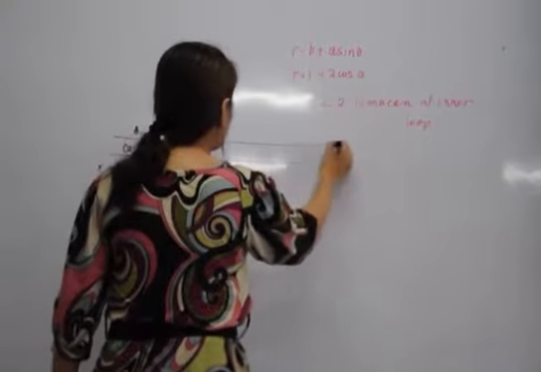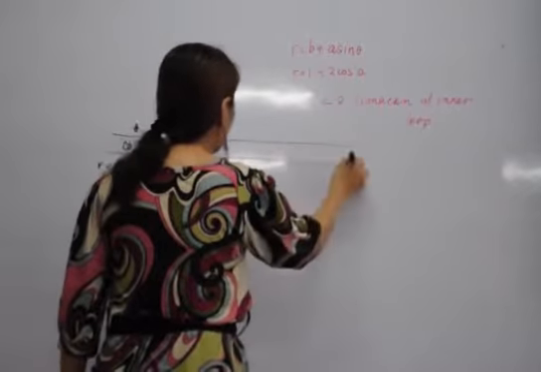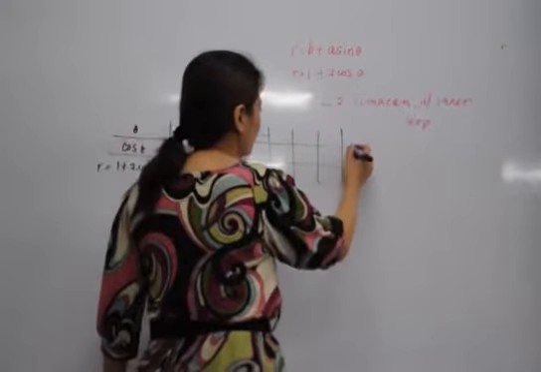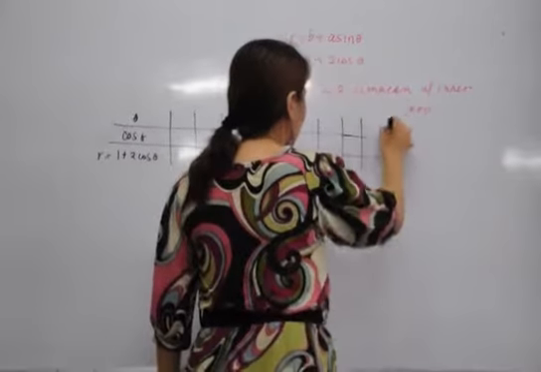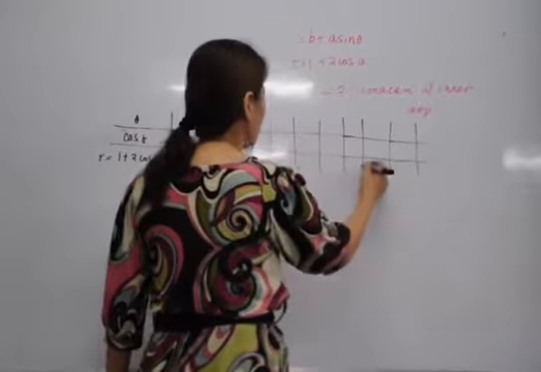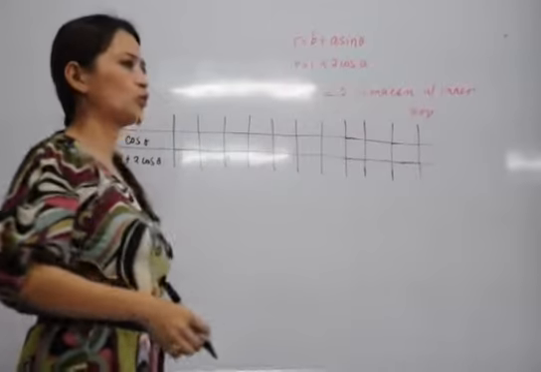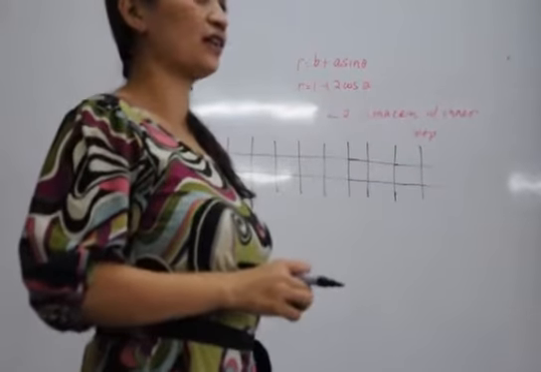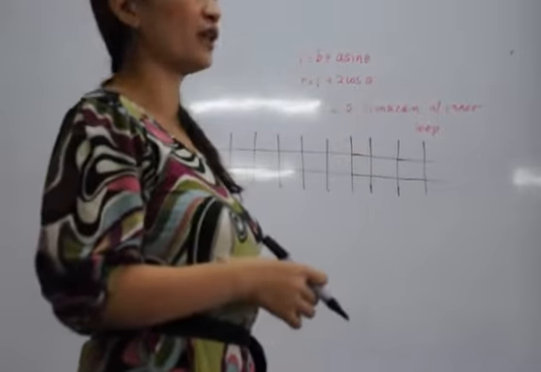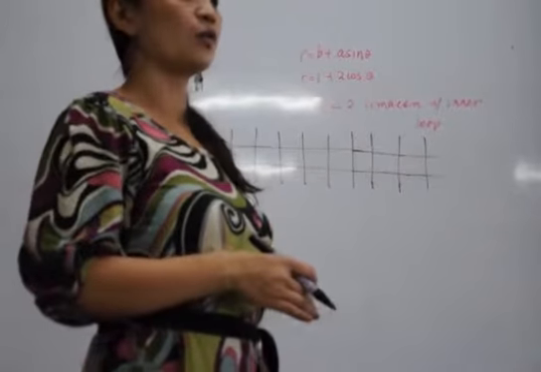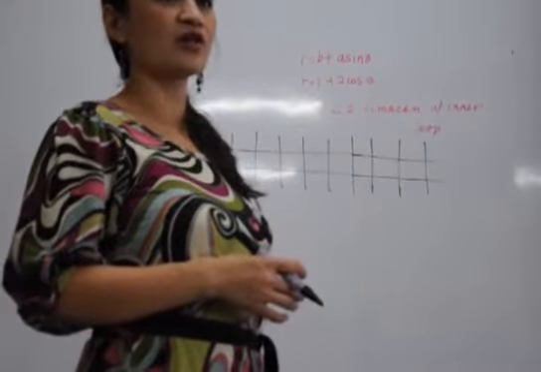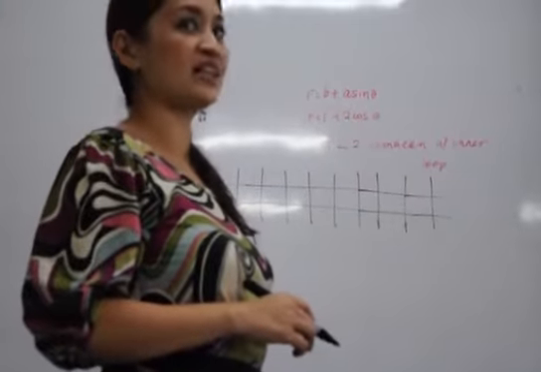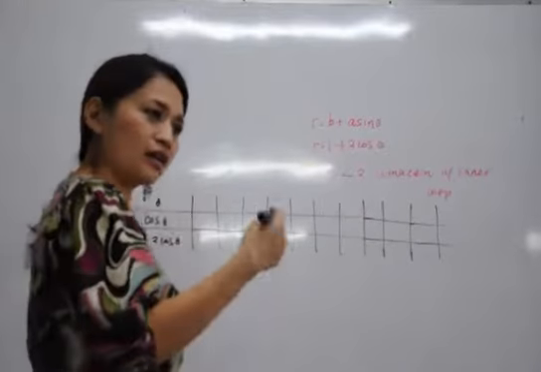Now, of course, the more values of theta, the more defined and more accurate the graph of the polar equation will be. Now what do we want to have? What interval do we want our theta to have? Do we want it to be 15 degrees? Do we want it to be 30 degrees? How many points do we want to plot? Can we go up to 360 degrees?